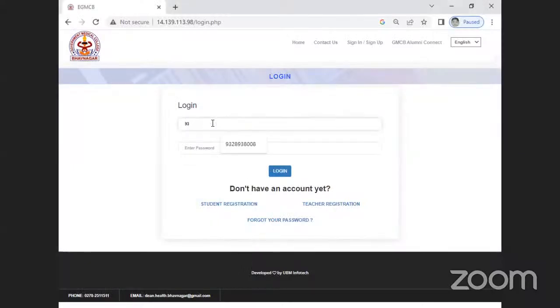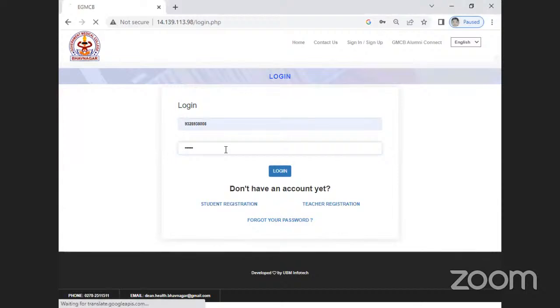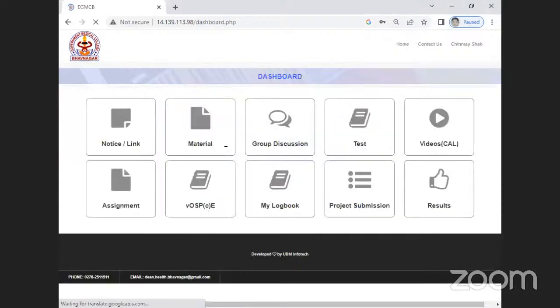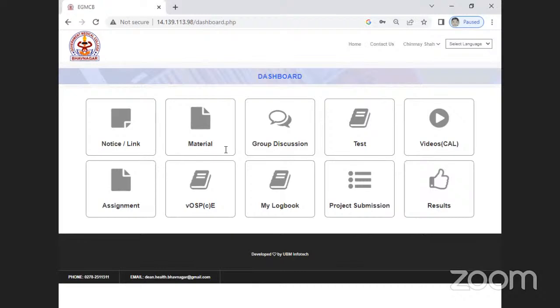यहाँ पे this is student side. These are the options available to student। क्या आपको कोई नोटिस या लिंक भेजनी है, मटेरियल देना है तो मटेरियल वो जाके देख सकता है। ग्रुप डिस्कशन में on the teacher side हमने रखा है कि क्या होता है किसने कितना डिस्कशन किया, तो देखिए चला, बट टीचिंग मैंने कितना किया, based on that you can give marks। Then MCQ test,